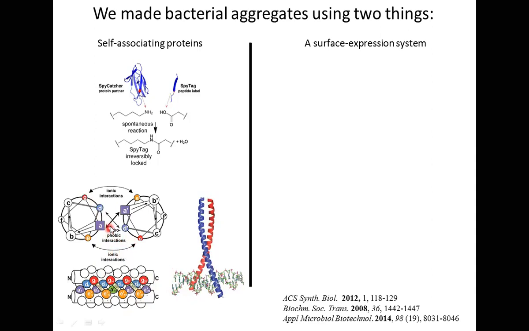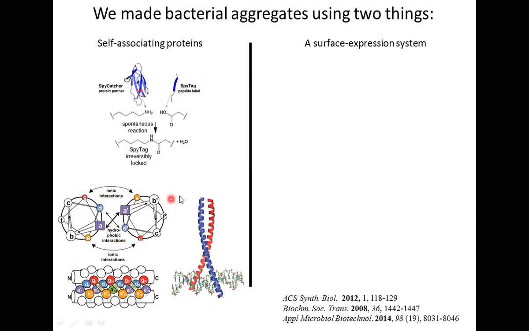And inside of the coil, the inside portion of the coil, these are hydrophobic residues. The outside portions are hydrophilic residues. This forms what is known as a hydrophobic patch, and these tend to stick together in a manner that is reversible. You can also get ionic interactions between these neighboring residues in this spiral pair. So this is a way of bringing two halves of a protein together, or in some cases, you could imagine if I have this guy attached to one bacterium and this guy attached to another bacterium, perhaps we can bring